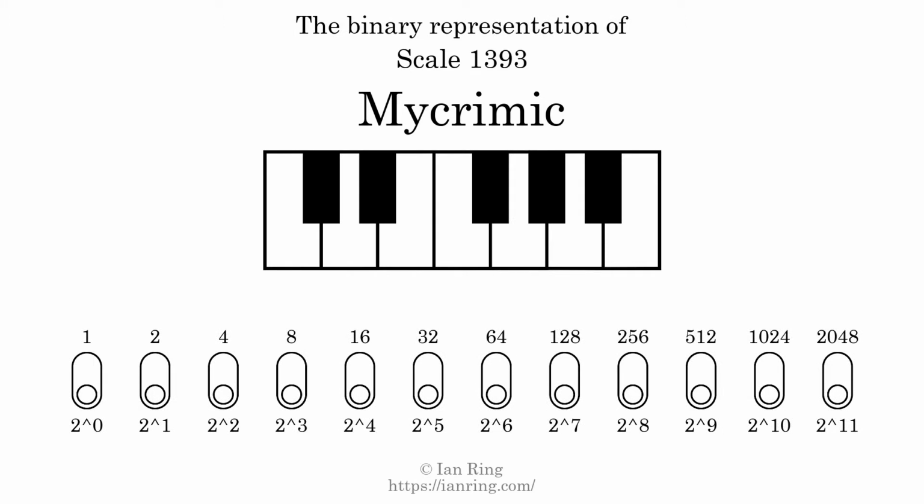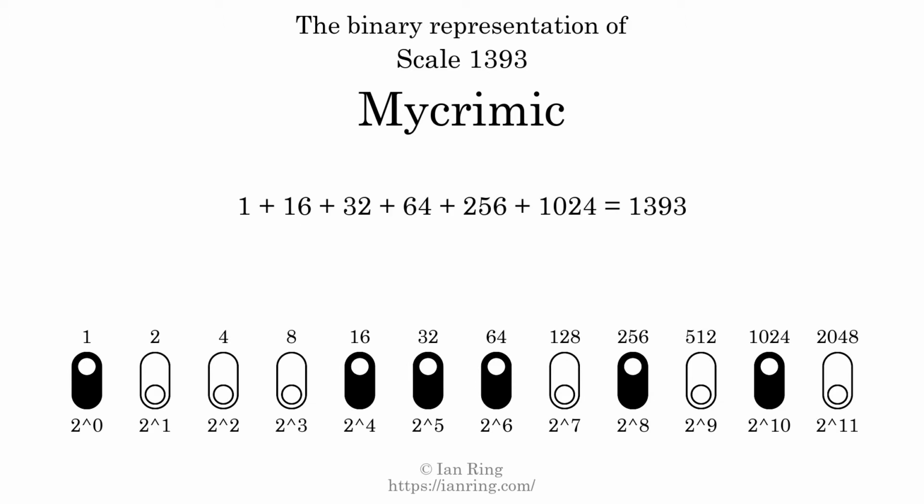The binary representation of this scale is determined by mapping tones of the scale to binary digits. Each binary digit represents a power of 2. To get the scale number, we add the powers of 2 together. The powers of 2 that are present in the scale, all added together, equals 1393. That is why the scale number, in decimal, is 1393. The scale number not only enumerates the scale with a unique index, but it also literally describes the tonal content of the scale. Represented as a binary number in base 2, the scale number is